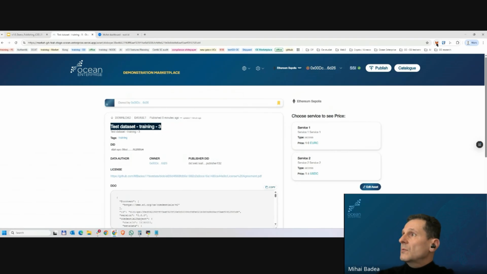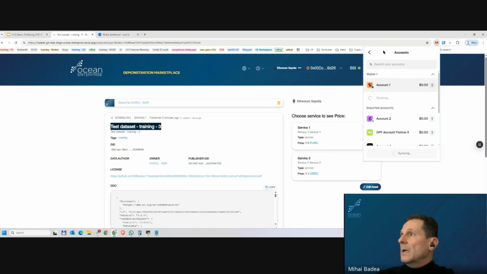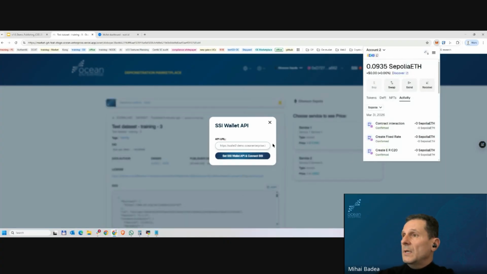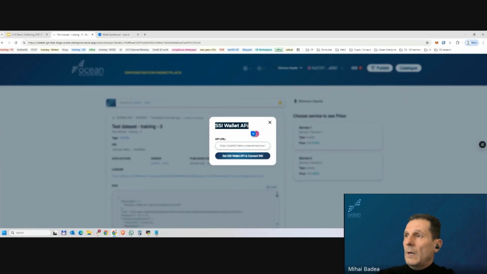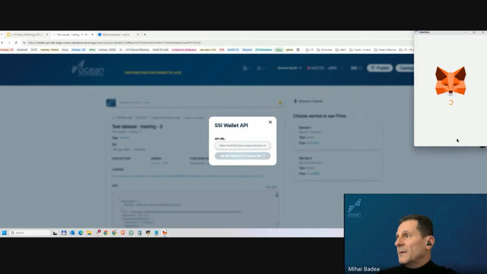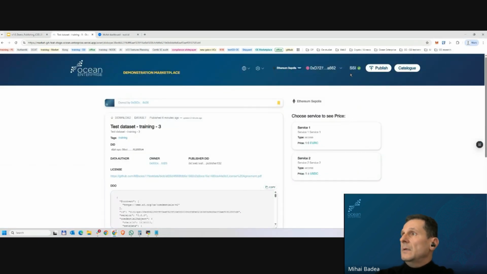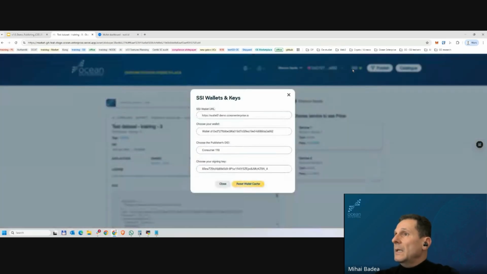So for that, I will switch to my consumer account, which is account 2. When I switch the addresses, I have to reconnect to the SSI wallet because I'm with a different account now, and I need to access this account's verifiable credentials. So by clicking SSI, you can see the wallet to which I'm connected, with which Web3 address, the date that I select for publishing, and one of the keys that will be used to sign